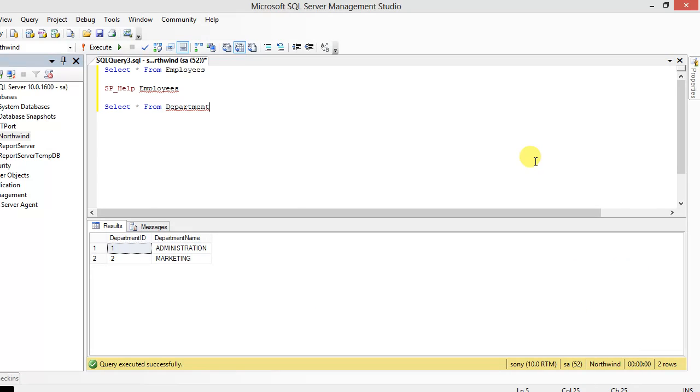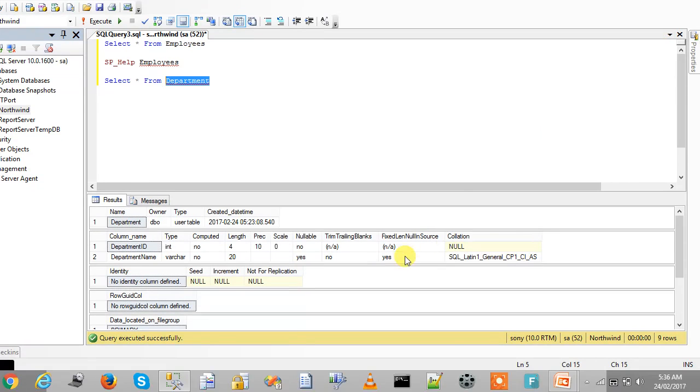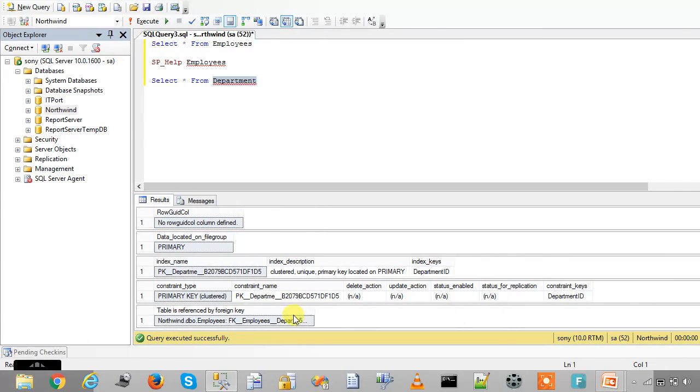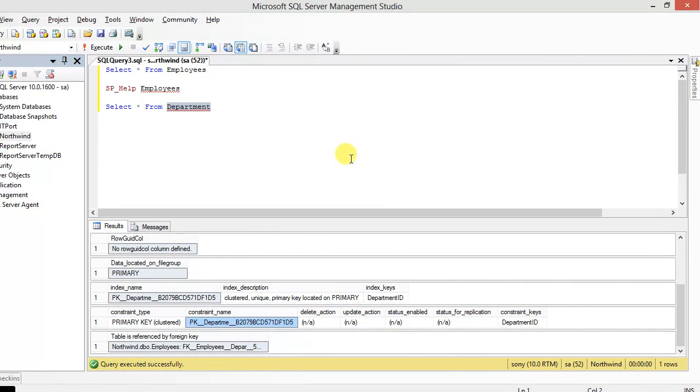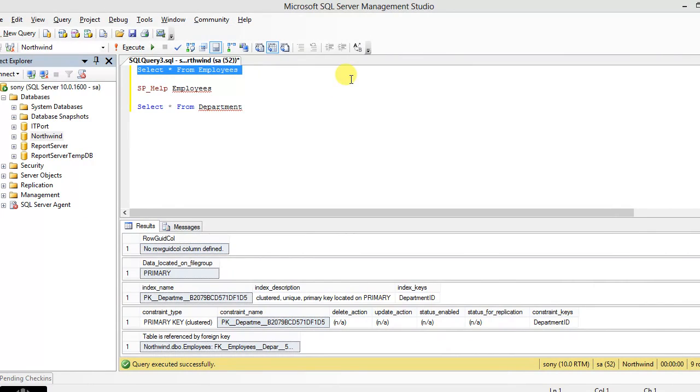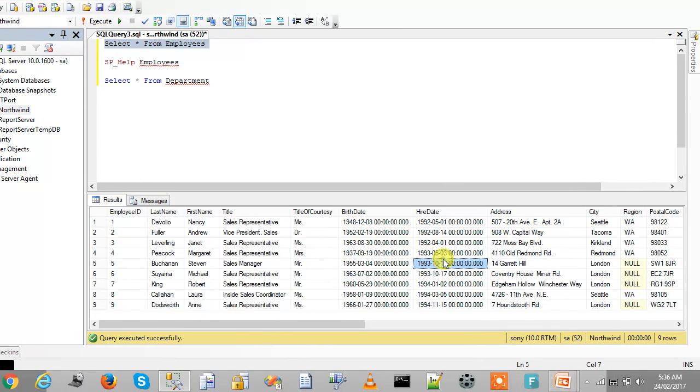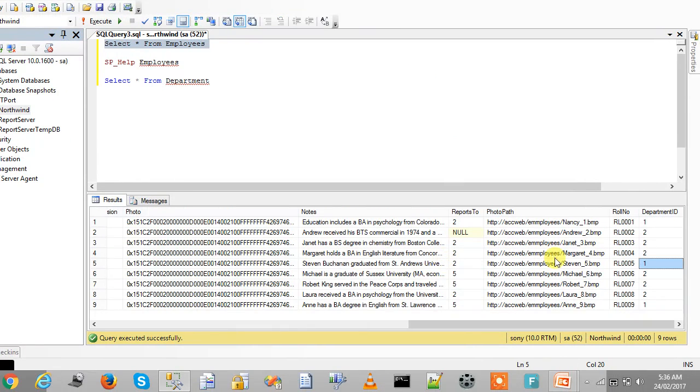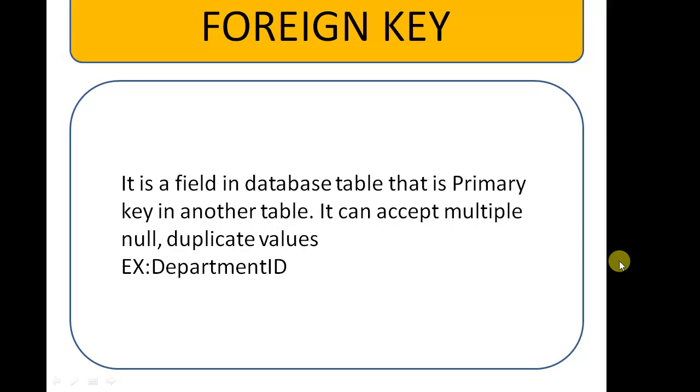So department ID is the primary key there, and we can use it as a foreign key for this table. So department ID is a foreign key.